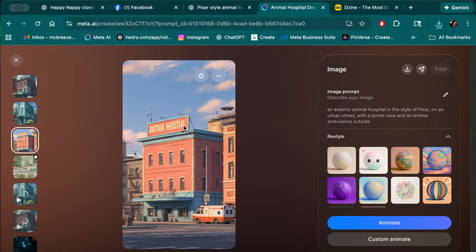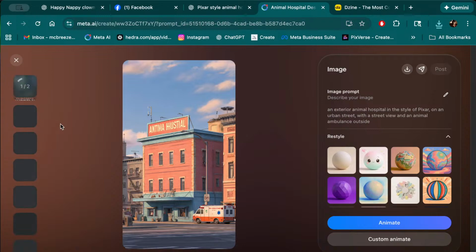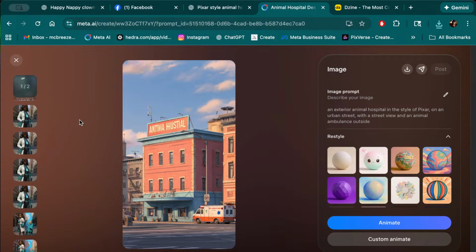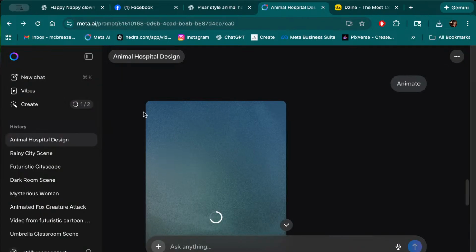Look at this, Anamuda Husta Musta. You get a lot of that stuff happening in Meta, and a lot of these apps, they don't spell stuff right. So I'm gonna just stick with the two I rendered. But what's cool is that